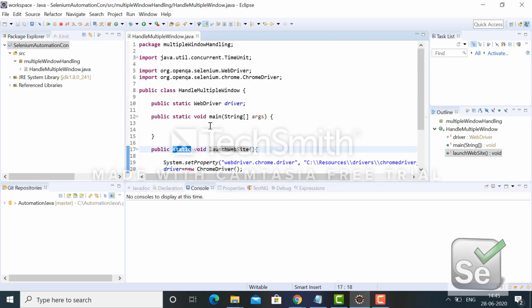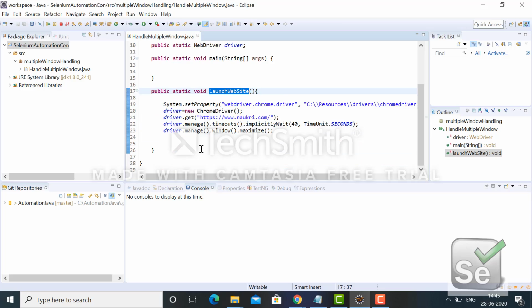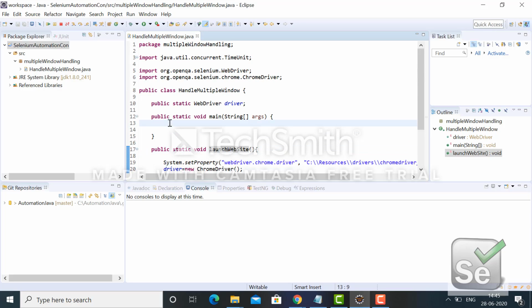Now this is also a static method, within the same class. So how to call the static method? If it is within the same class we are calling, then simply call that method name.